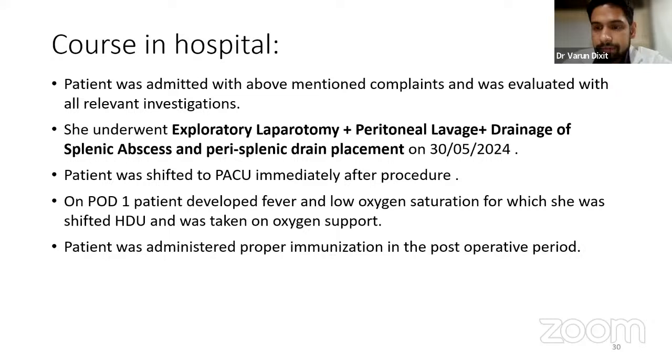Now tell what are the various complications which can occur in a case of splenectomy? First tell the intraoperative, then early postoperative, and then late postoperative. Intraoperatively, the patient could develop hemorrhage. Hemorrhage from where? Splenic artery, sir, due to severe bleeding. Yes, one is splenic artery. What are the other areas which can bleed?